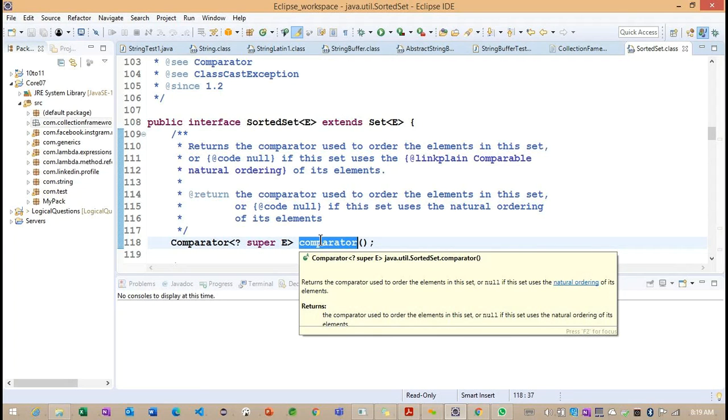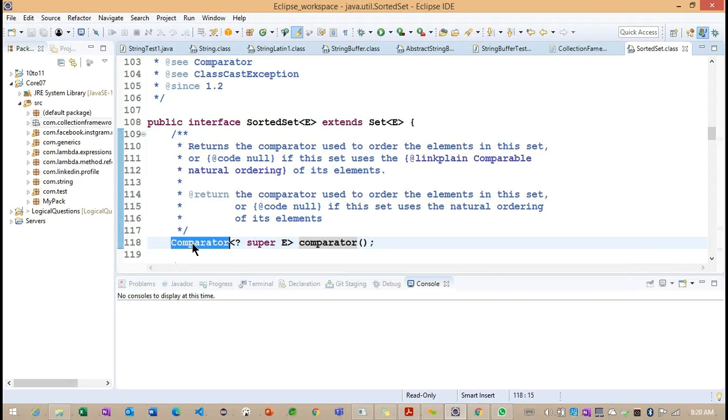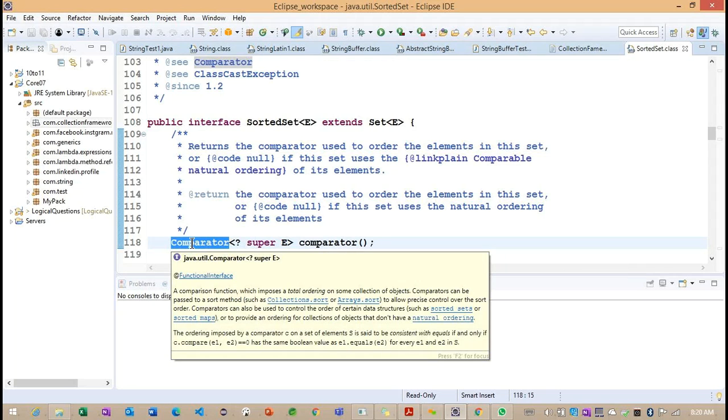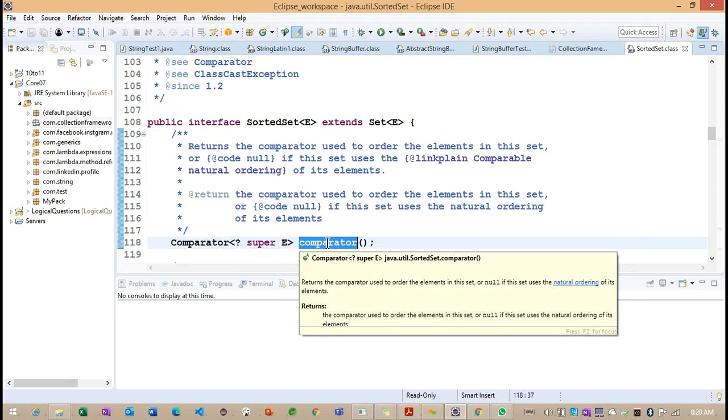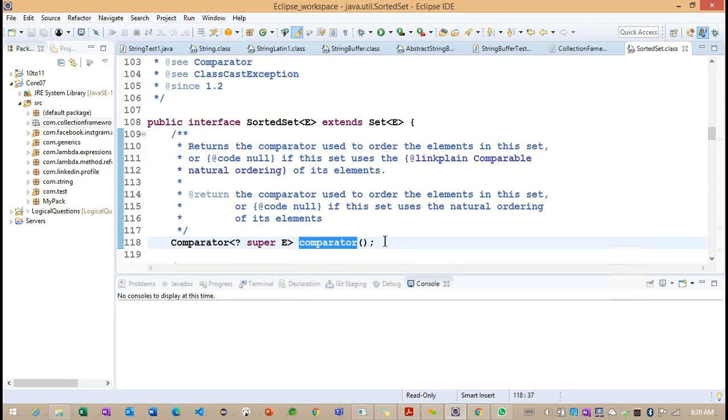Basically, it will compare the elements based on some sorting behavior, and it will return the result after completion of the sorting. If we understand this comparator, we can discuss more about it.